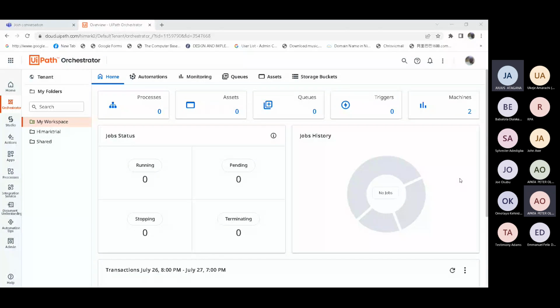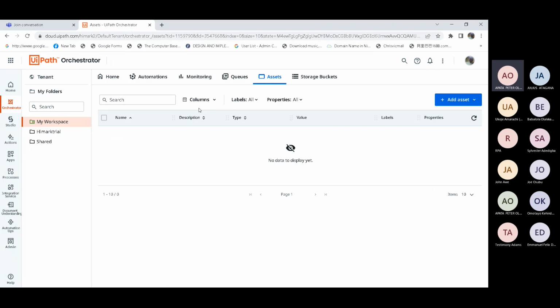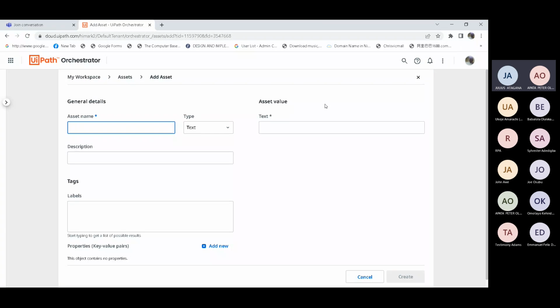Asset has some data types that we can use: the string, the number, the Boolean, and the credentials. These four are the data types we have for assets. We can give an asset a name.